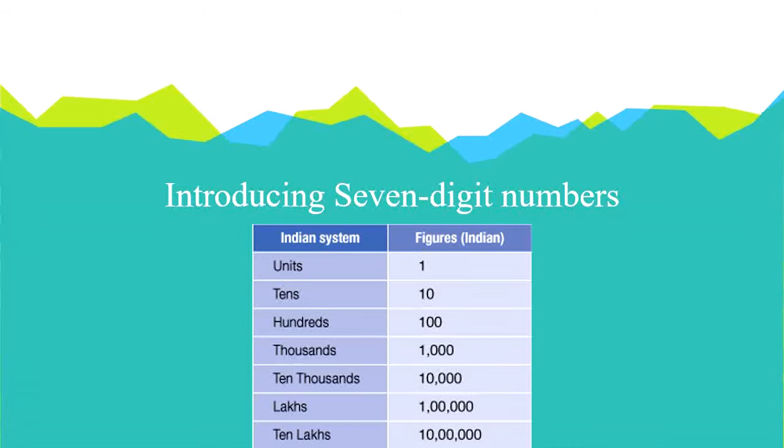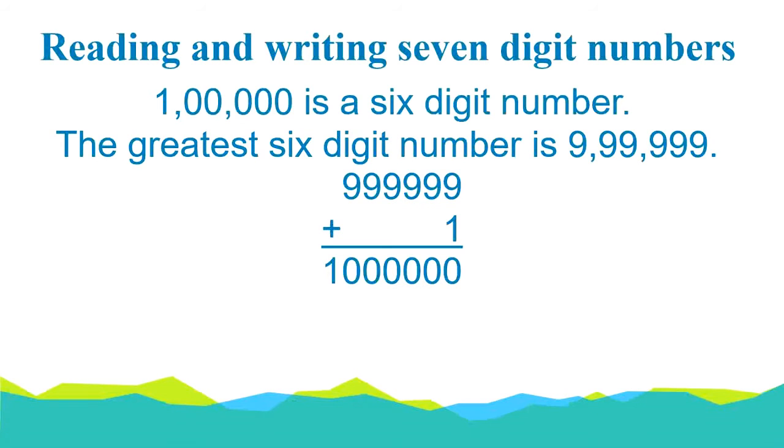After that you have the 10 lakhs place. Okay, that 10 lakhs place is on the left hand side of lakhs place. Okay, reading and writing 7-digit numbers. 100,000 is a 6-digit number. You had just now learnt about it, and this 100,000 is a 1 lakh. The greatest 6-digit number is 999,999, which is read as